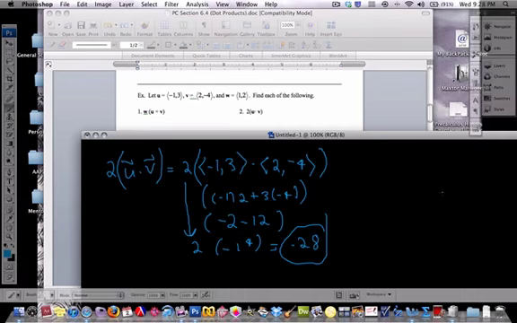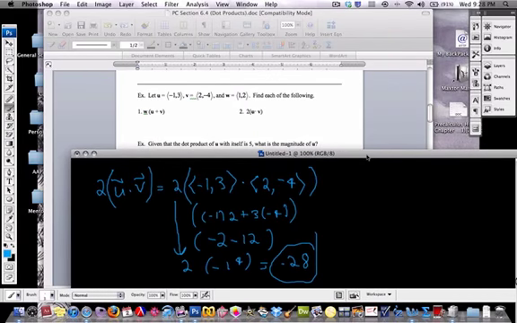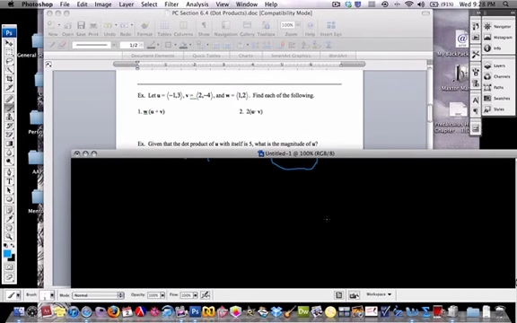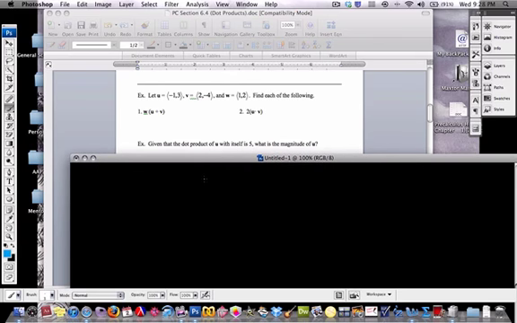Okay, let's do the next example. Here I've got, given the dot product of u with itself is 5, what is the magnitude of u? Okay, so the dot product of u with itself is 5, and they want to know the magnitude